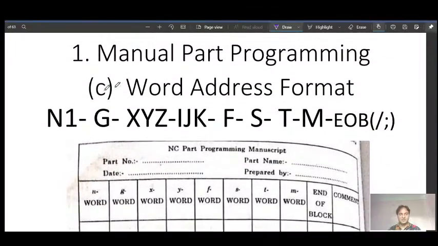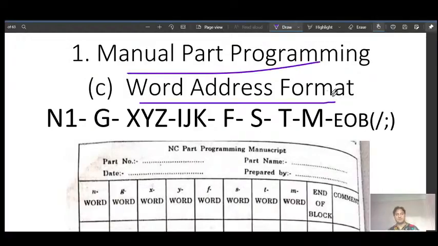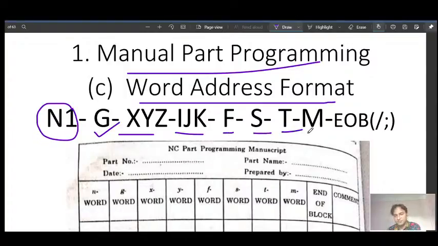So the last part is manual part programming, the word address format. Here we have again the sequence number or block number, then G code, XYZ or IJK value, and here feed, spindle, tool, M miscellaneous word, end of block, or we write this one.